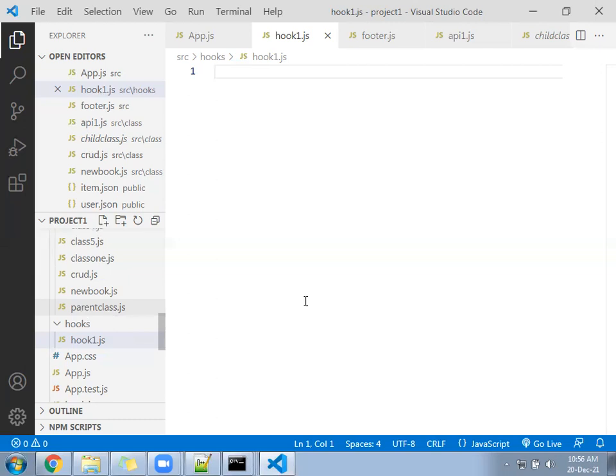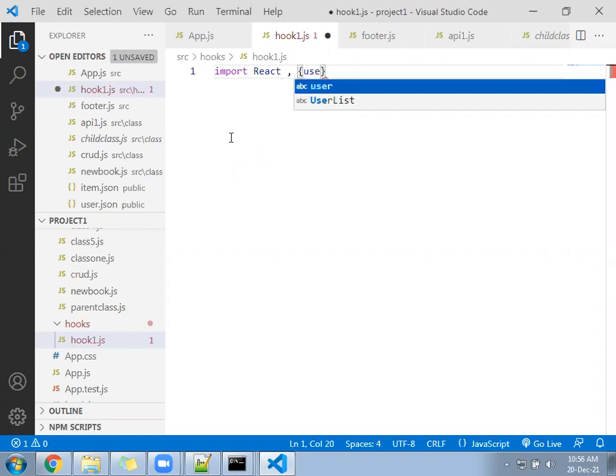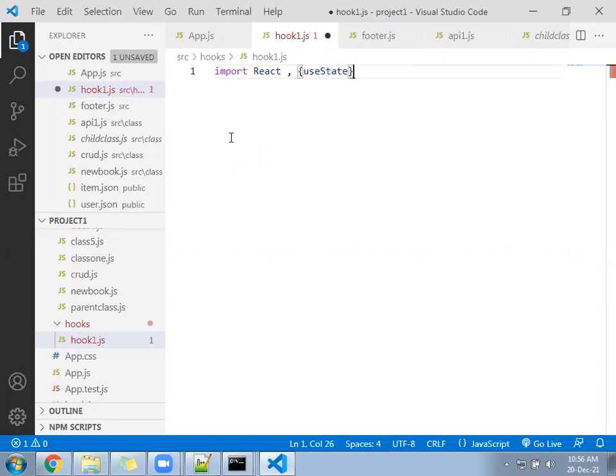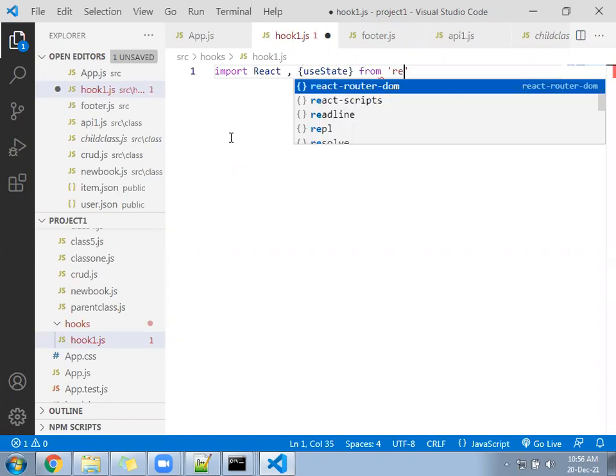Go ahead then. In the hooks file, we have to import React, useState from React.